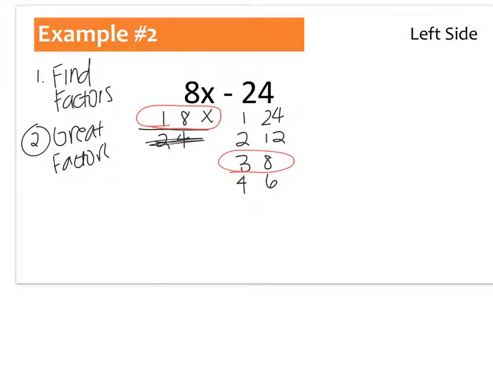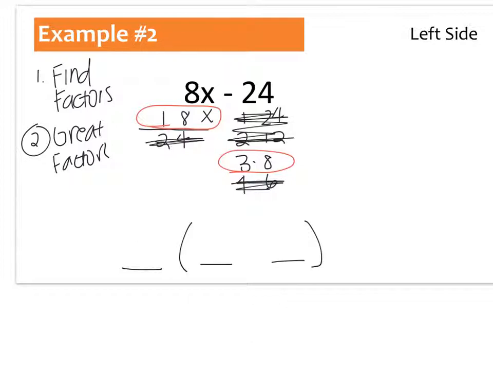So the rest, I'm going to cross out. I'm not going to even look at the rest. I'm just going to look at 1, 8, and x, and 3 and 8. So how did I get these? Well, again, I broke down 24. What two numbers can I multiply to get 24? 3 and 8. What numbers can I multiply to get 8x? 1, 8, and x. So now I'm going to actually set up my distributive property